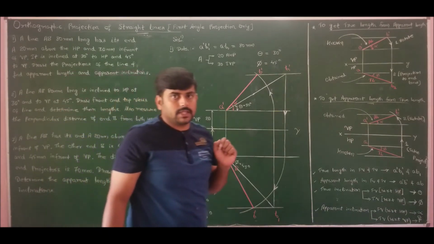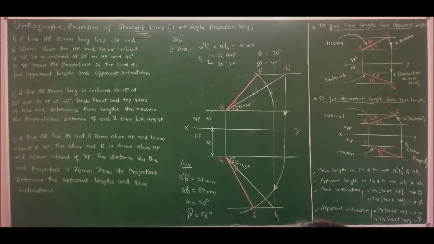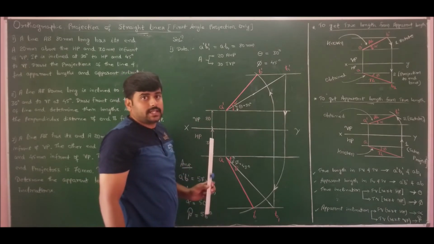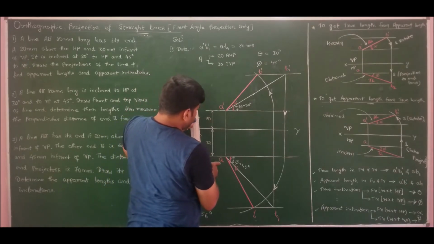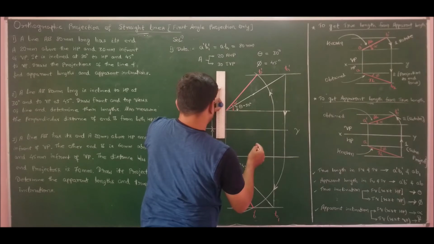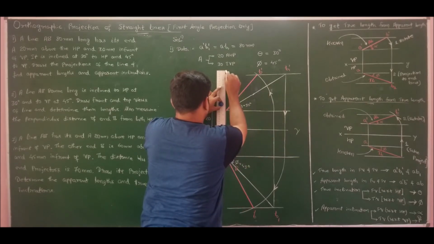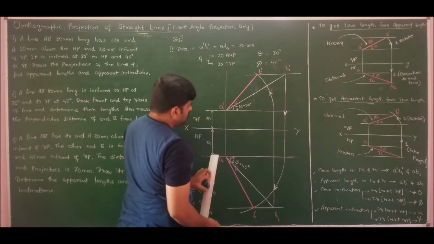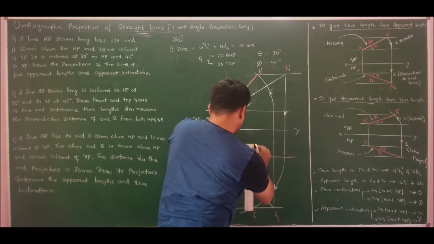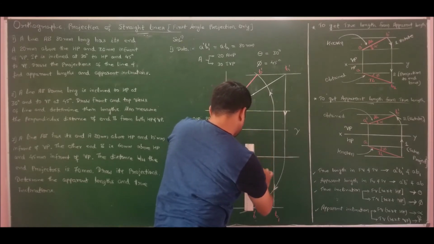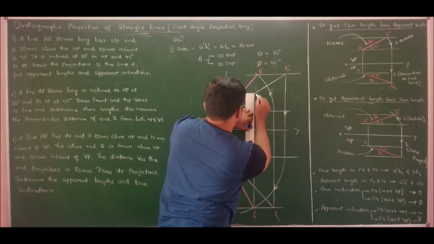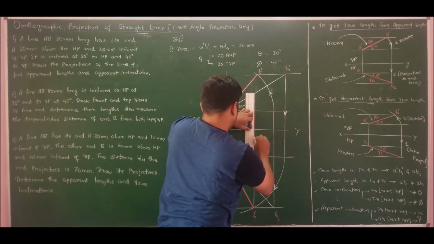One very important observation to make is that if I draw two parallel lines passing through the ends of the apparent line, that is, a vertical line passing through A and A dash, and a vertical line passing through B and B dash, these two ends should pass through the same vertical line for all problems on straight lines, and this is known as the end projector.